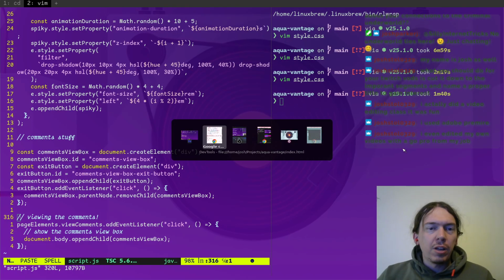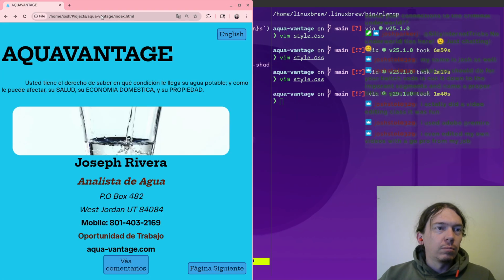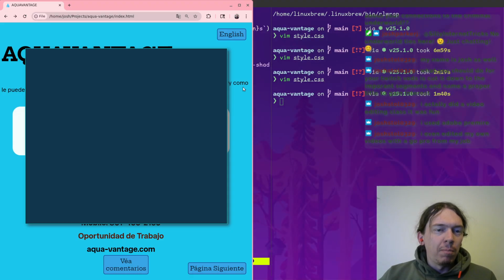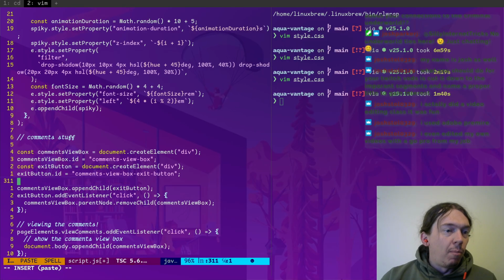Okay, let's see what that looks like. All right, so I bring up the box. Oh, I can't see the button yet, of course. Okay. All right, so I'm gonna say exit button dot text content equals exit.